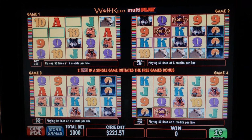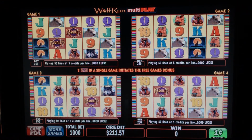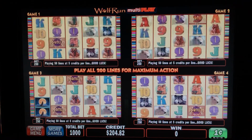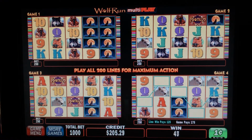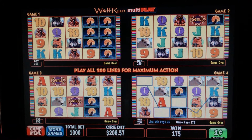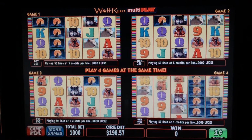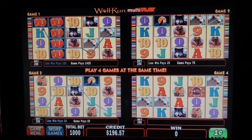IGT took a lot of classic games and put them in this multiplay format, including Cleopatra, Lobster Mania, there were so many others. Golden Eagle, I think, was one of them, the old one. And Cleopatra has a progressive, while this one does not. Alright, we got $14 on game number